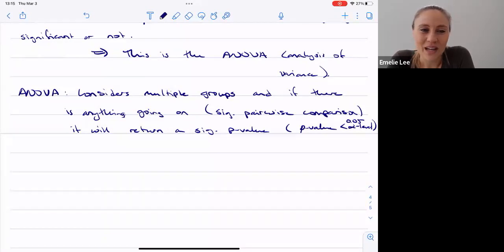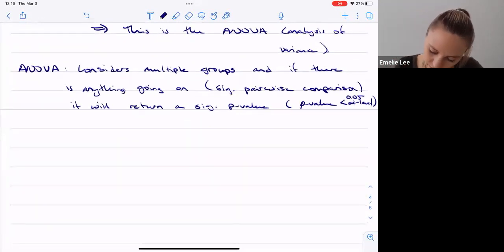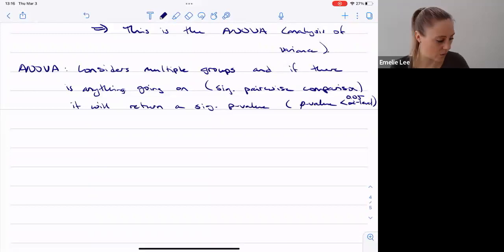Okay, so the thing about the ANOVA, and what kind of leads you astray, is that it's only going to tell you if there's anything going on. But to figure out what is going on, you need to do those pairwise comparisons still. So I think of the ANOVA as kind of a gatekeeper, right? If the ANOVA says there's nothing going on, why would I keep going and consider those differences? That's just foolish. What a waste of time, right?